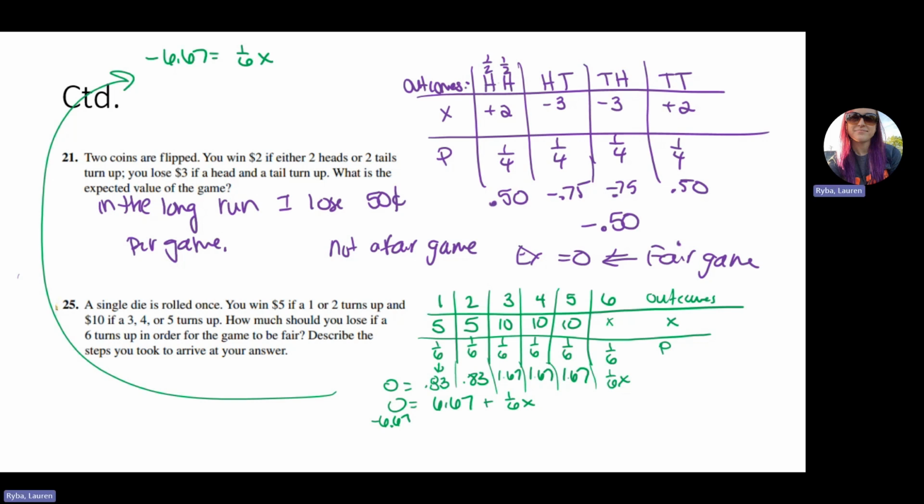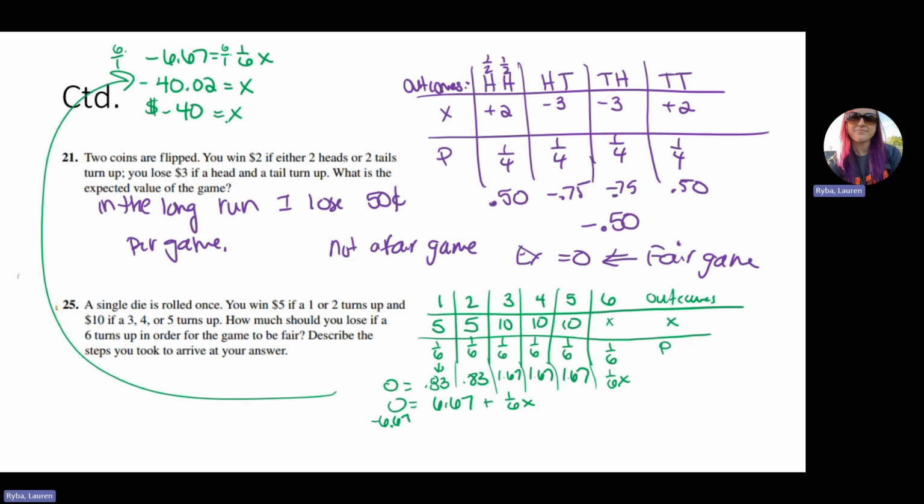To get rid of a 1/6 in front of an x, I would divide by a 6th, but we don't really like dividing by fractions, so I can multiply by the reciprocal, 6 over 1. So negative $40.02. So rounded nicely would probably be about negative $40